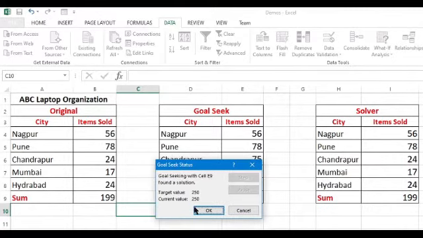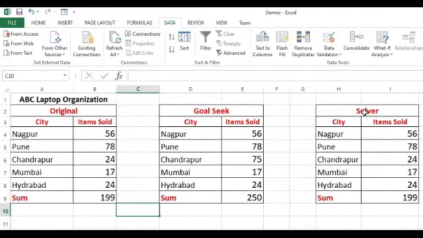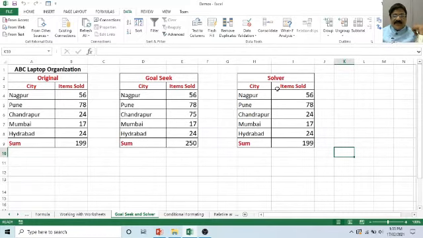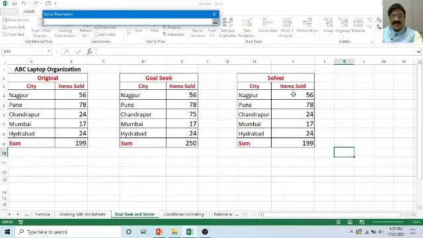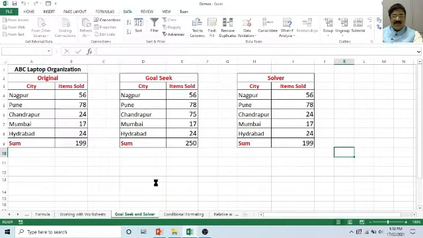Now if you want to set multiple cells, the solution is solver. Okay, so now we will discuss the solver. How will we be able to change the values at multiple cities? For that purpose, use this solver. Set objective, that is I9, with the value of 250. Now solve it by changing the values of all the cells and click solve.